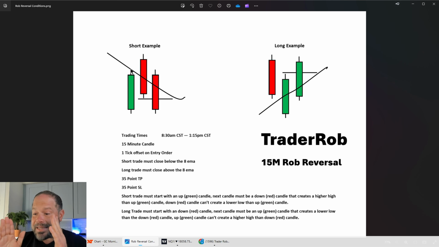Okay, so we get continuation upwards. And then what we're looking for is that pull, that reversal down, which is saying sellers are stepping in, there is a reversal here in the market, and as long as it's closing below this ADMA, you will be in a trade,